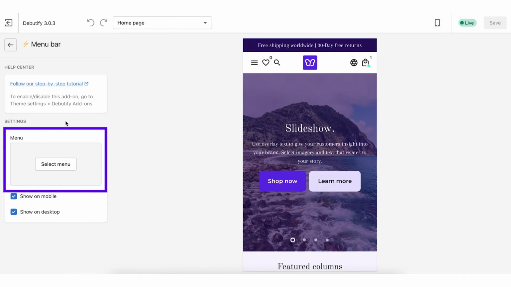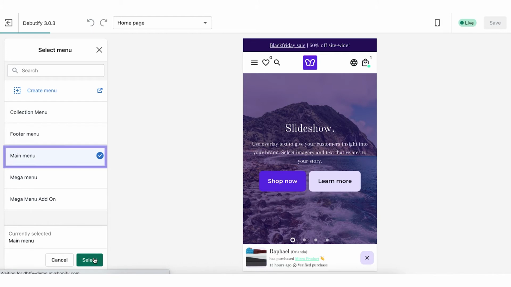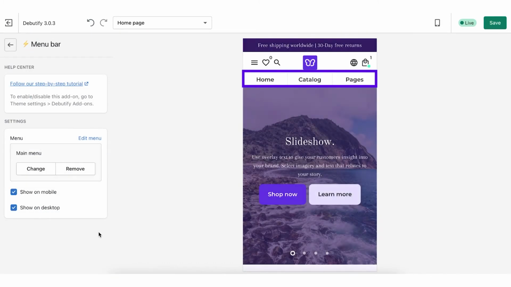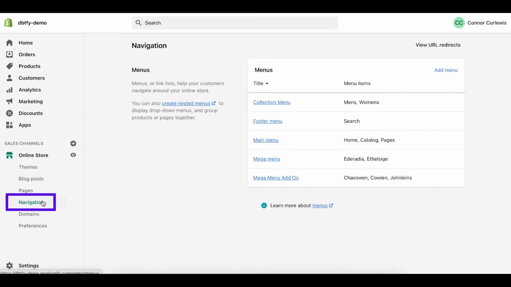To activate it, once you're in menu bar, just click select menu, and then pick from any of the menus that you've already created, and it will display right here. Home, catalog, and pages. If you want to create a menu, just head to online store, navigation, and then hit